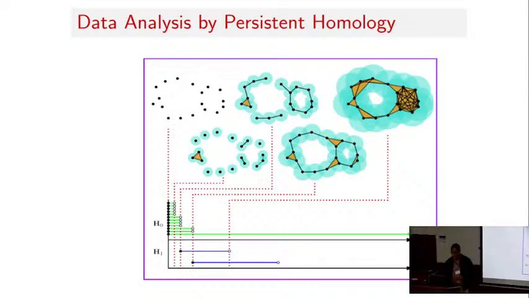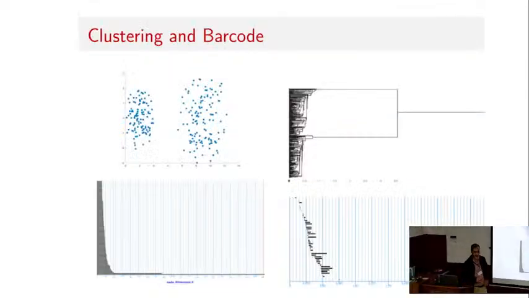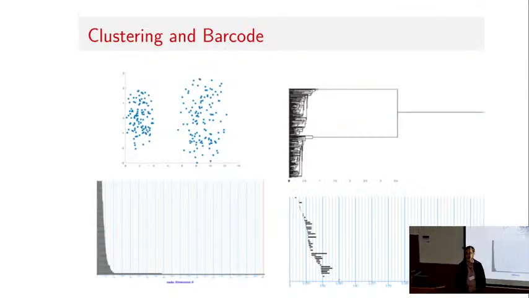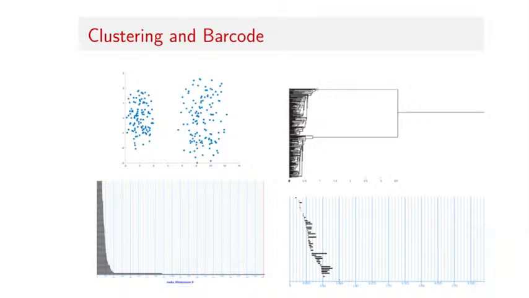So for example, let me again illustrate this. Here one can use persistent homology for clustering. Here are 2 clusters of point cloud data. If you do this movie of what I just did, you will get all these bars. There are all little bars, but there will be 2 bars which are very long, and they signify there are 2 prominent components. But if you do the H1, there is no prominent 1-cycle here. So you will get in H1 all small bars. There is no significant bar in H1.